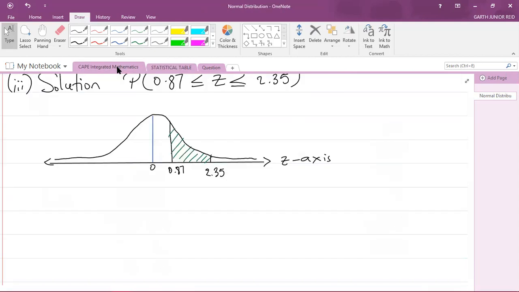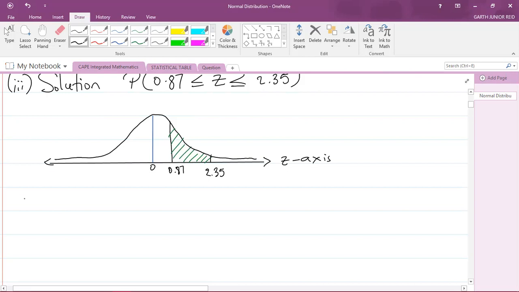So it doesn't give me the probability to the right of the z value or between z values. It only gives me the probability to the left of a given z value. Okay, so how am I now going to find this probability? Well, since we know that the table only gives us the probability to the left of a given z value,